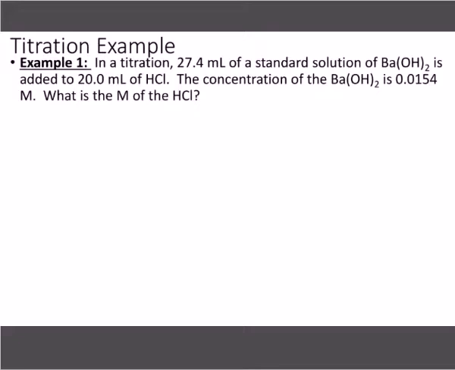27.4 mL. What am I going to label that as? What's my variable going to be for that? MA. What does M stand for? Capital M means molarity. So is that a molarity? Yeah. Why is it B, Jill? How do you know it's VB? How do you know barium hydroxide is a base? OH, right? So the basic ideas here, guys, are basic acid-base theory. Don't overthink it. We know that barium hydroxide is a base because it's got hydroxide there. So that's our volume of the base,